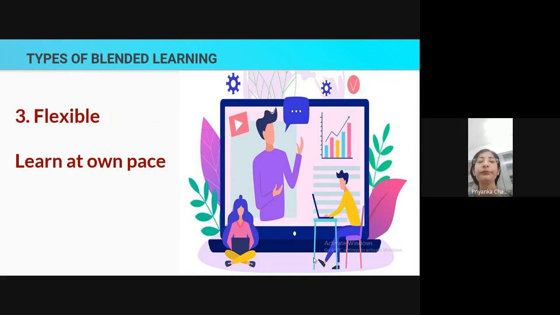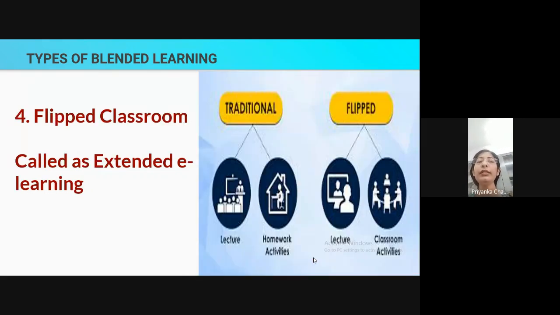Next, fourth, is flipped classroom. Flipped classroom is also called extended e-learning. Flipped classroom is called extended e-learning. It goes beyond the book. What we do here,